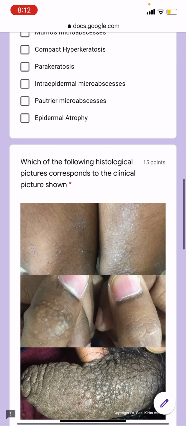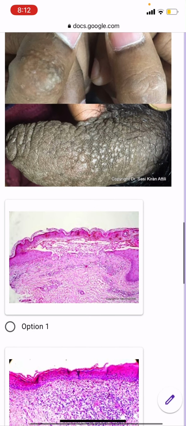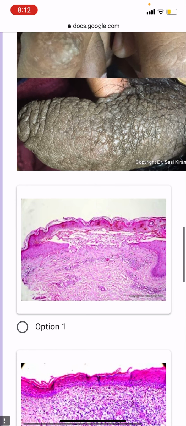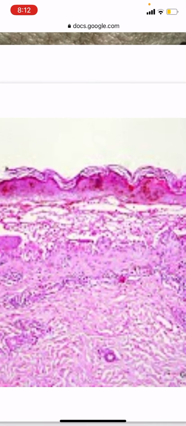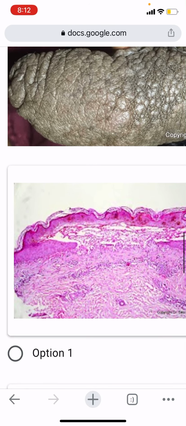Now, most of you got this right, but I think all of you would have got the clinical right. This is a clinical picture showing lichen nitidus, but histologically some of you are confused. Lichen nitidus typically shows a lichenoid granulomatous infiltrate, typically restricted to one dermal papilla. So this is a blistering disease. There is no lichenoid granulomatous infiltrate here. This is a subepidermal blistering disease.